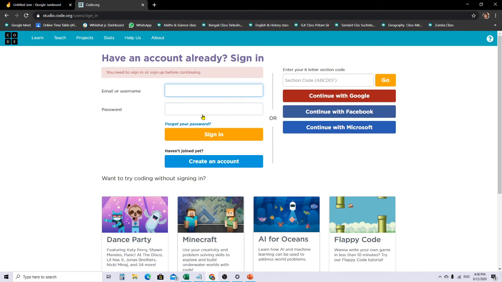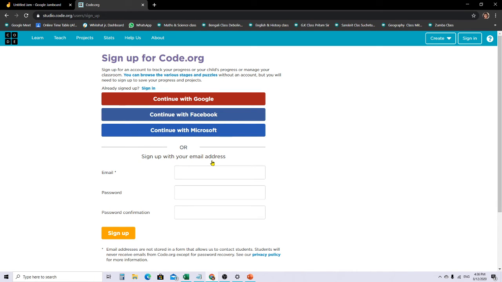Now you'll have this account sign in. How will you do the account sign in? If you are already with code.org, then it's very good. If you are not, then go for create an account. You can continue with Google, Facebook or Microsoft. I'll go for this one only.